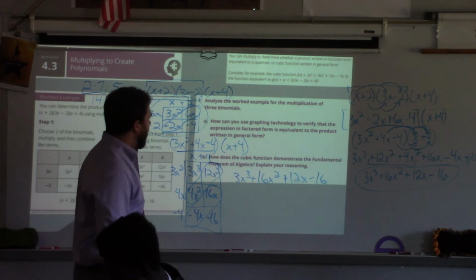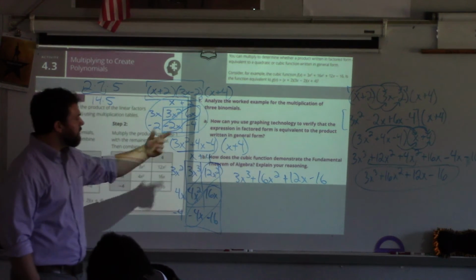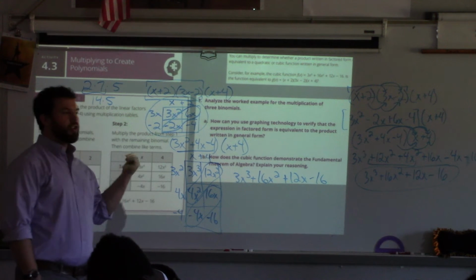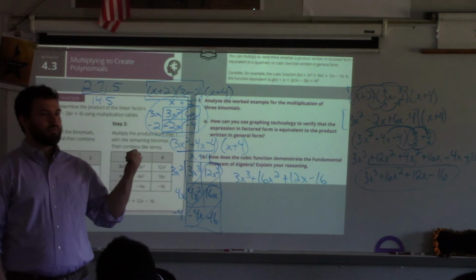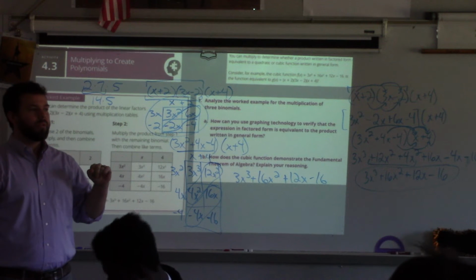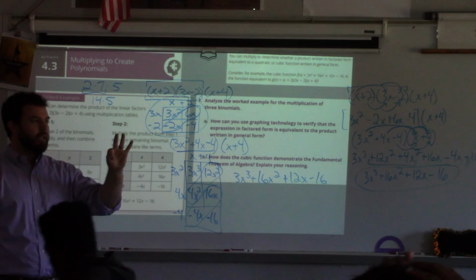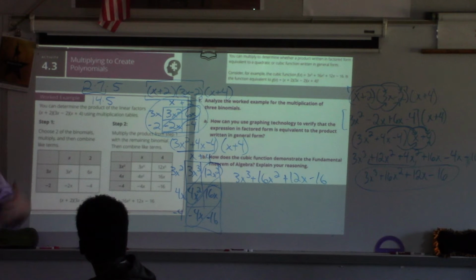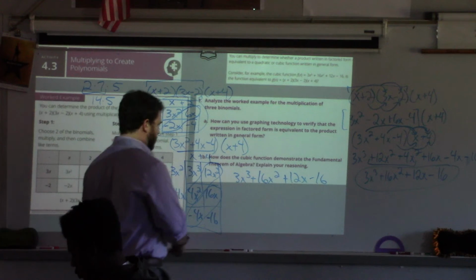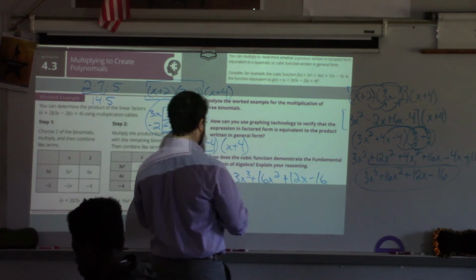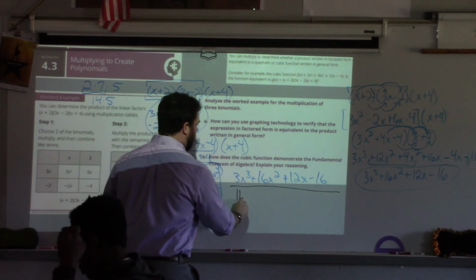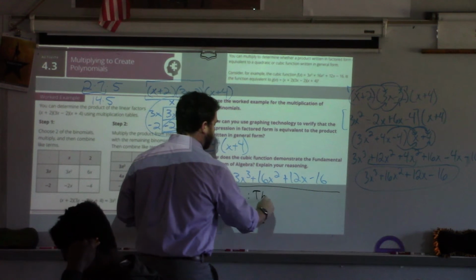So how does this cubic function demonstrate the fundamental theorem of algebra? Well, what's the degree of a cubic function? 3. How many zeros did we have? 3. That's important to notice, right, that the degree was 3 and there were 3 roots. So obviously this part shouldn't go under 1b. I'm running out of space. But for 1b, the number of